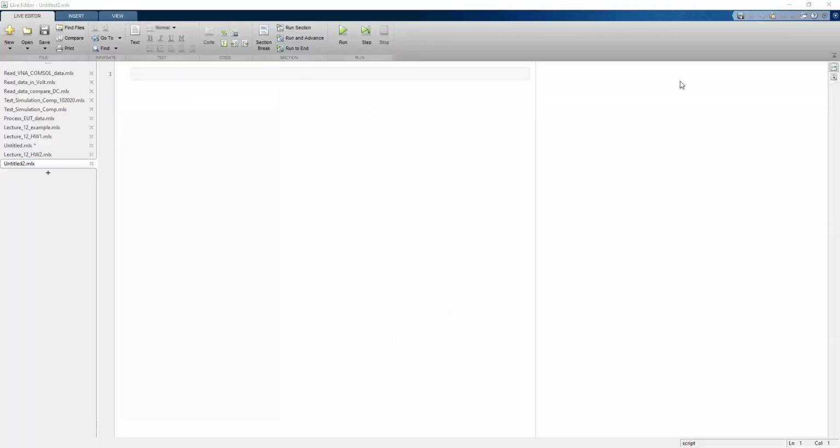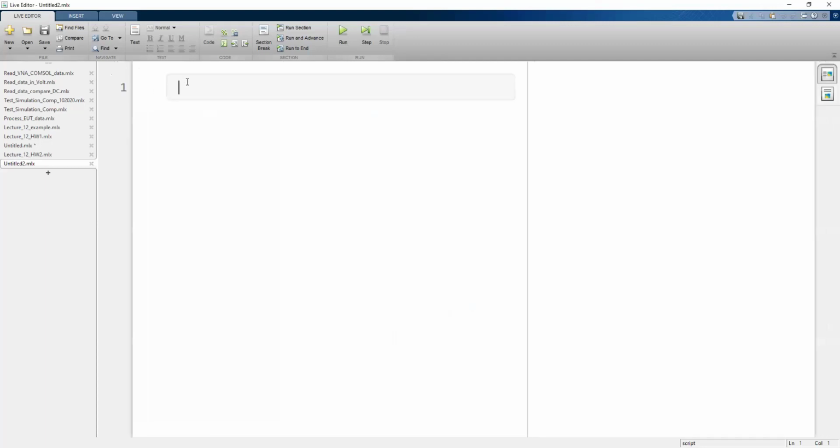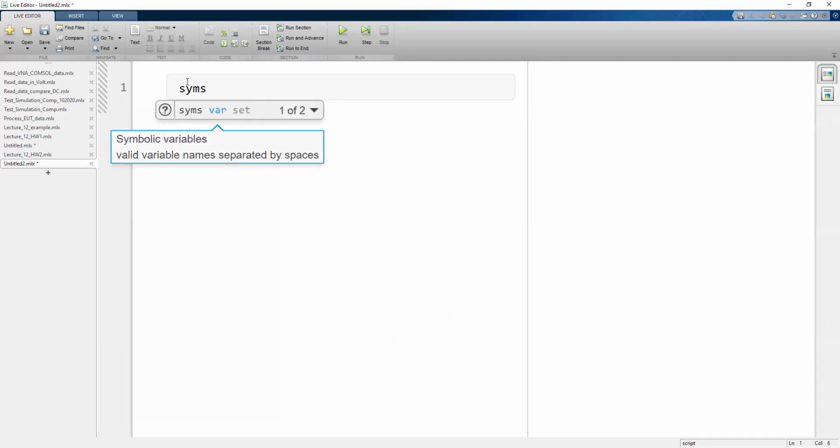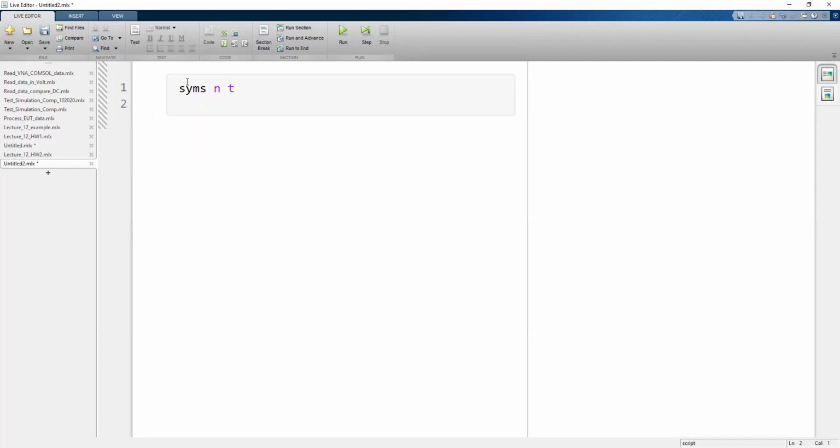All right, this is the MATLAB page. Let me zoom in. So we need to do integration. And then we know that we have some symbols in the equation. They're n and t, right? We don't know them. The time is t. And then our equation is